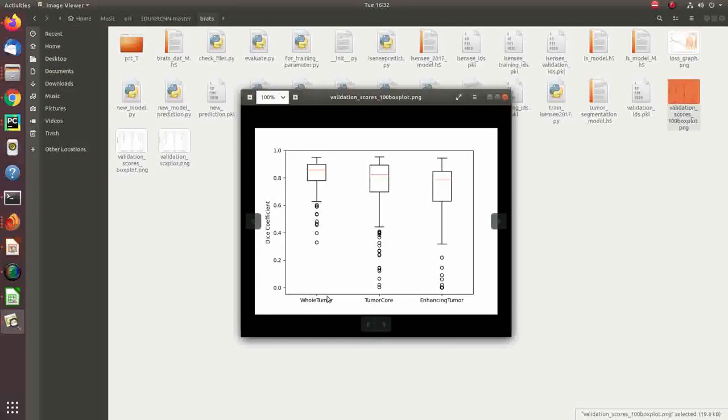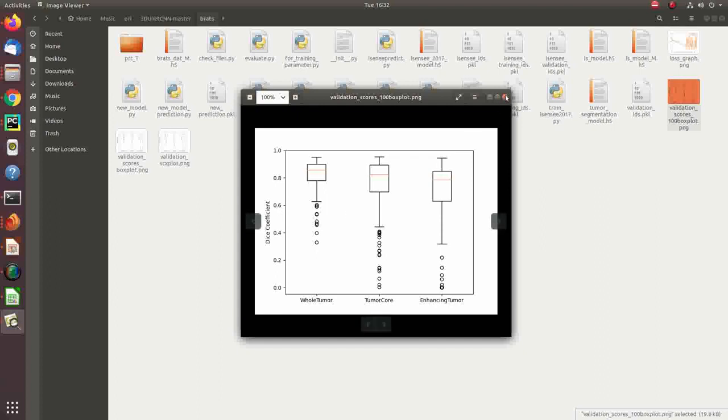These are the whole tumor, tumor core, and enhancing tumor. The white portion is the enhancing tumor. You can see it pretty well with the help of the Dice coefficient. If you are new to medical image segmentation, in medical images, instead of using mean square loss, there is another coefficient proposed by an author that we call the Dice coefficient, and the better the Dice coefficient value, the better the prediction.